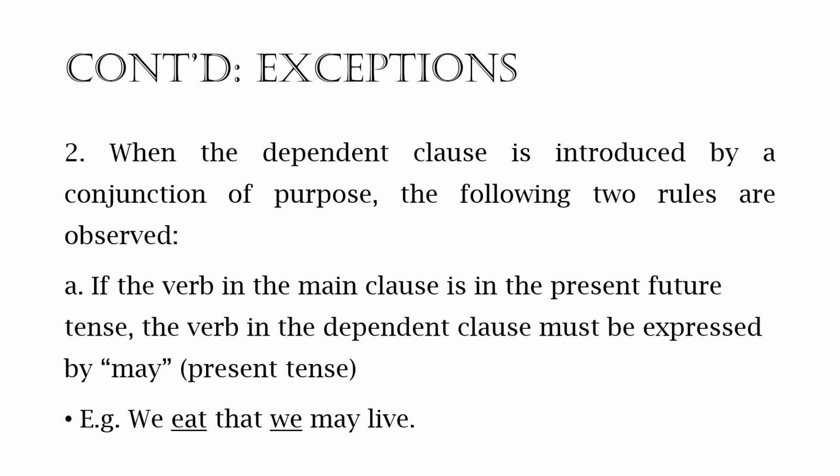When the dependent clause is introduced by a conjunction of purpose, the following two rules are observed. A. If the verb in the main clause is in the present or future tense, the verb in the dependent clause must be expressed by may. So if we have future, we have may for the exceptions. We eat that we may live. So eat is in the present, and then may is also in the present,